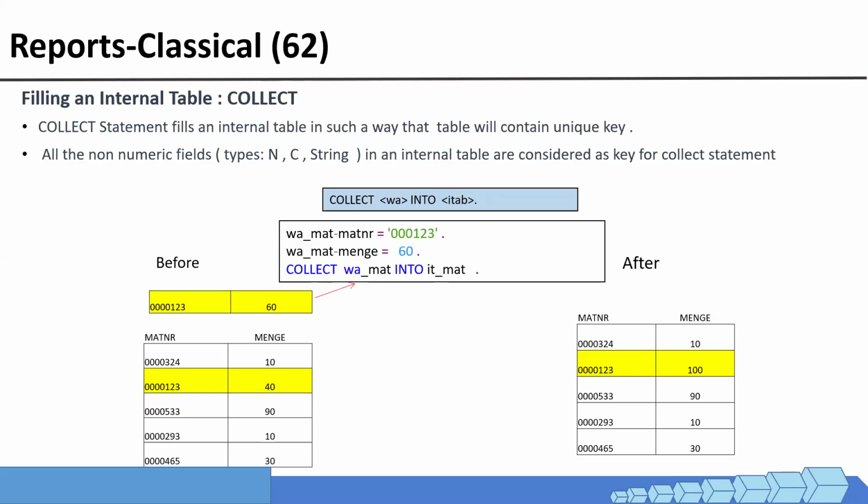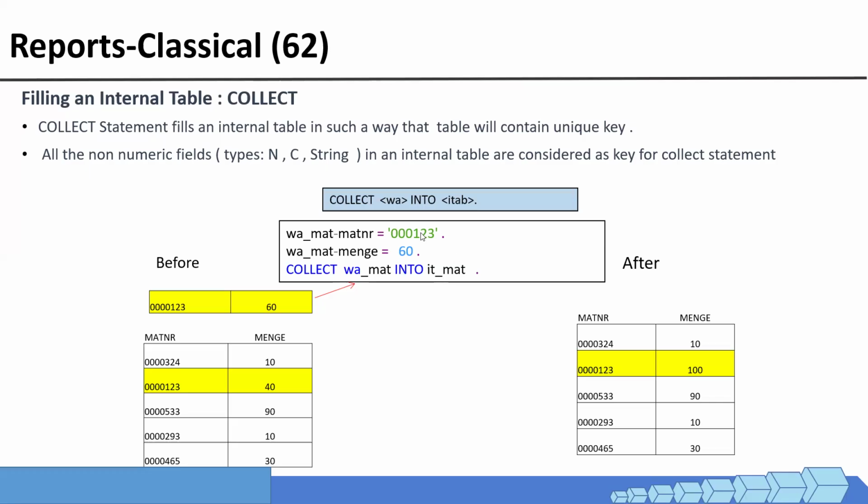See both the diagrams, before and after. See what is happening. Read those two lines as well. So this first field is the material number, the second one is the quantity. This one, right? So whenever you are adding the records,